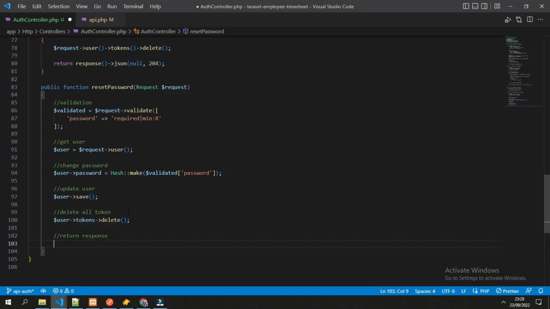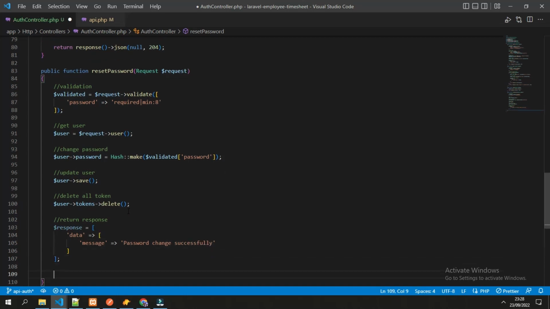And for the response would be a response object containing a data with the message of, let's say, password change successfully.